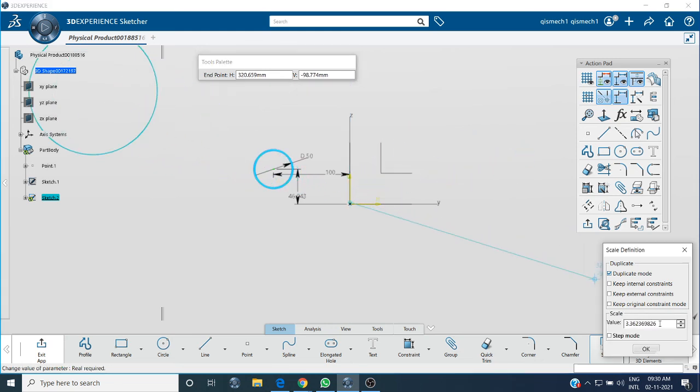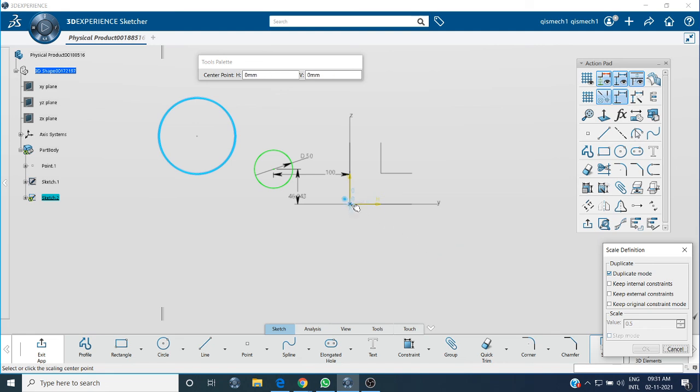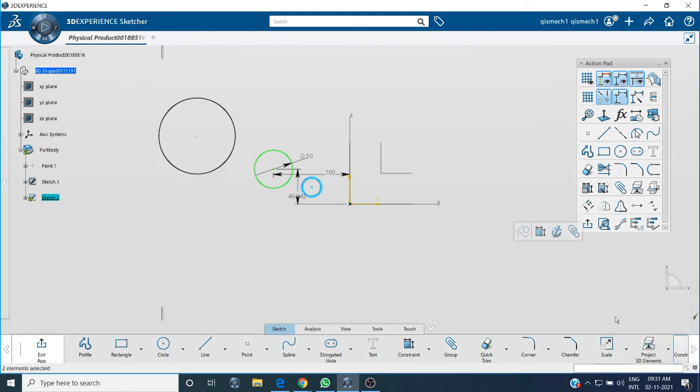Let it be double, two times the profile. Okay, now you can see two times. And I want to scale this profile, same thing, with respect to this center point, and I want here 0.5, sorry, 0.25. See, okay, so scale is understood.